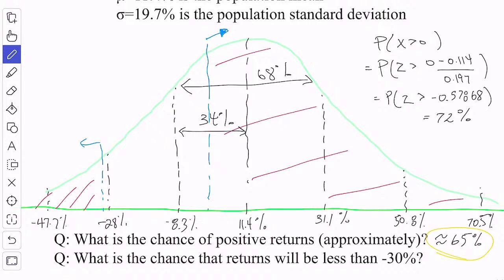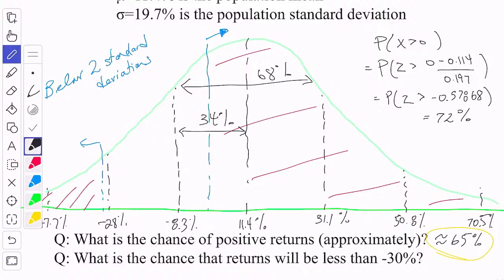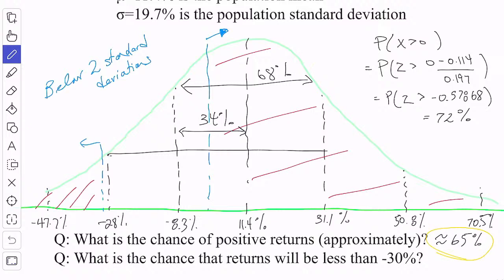So what's the chance of being beyond 2 standard deviations? Well, 2 standard deviations means